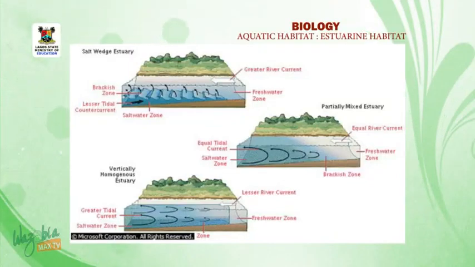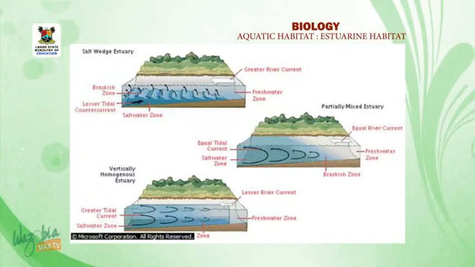Salt wedge estuaries, such as the Mississippi Delta, exist where the river current exceeds the tidal current. Then equal river and tidal currents, such as those in the Chesapeake Bay, create a partially mixed estuary, which is